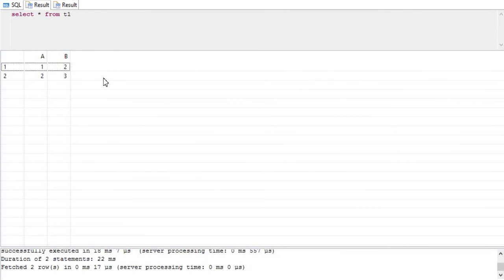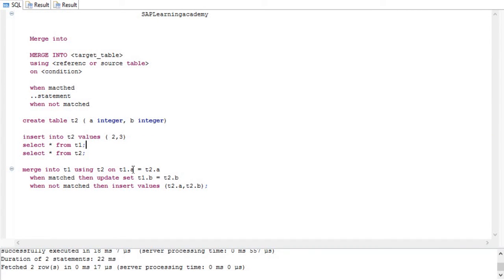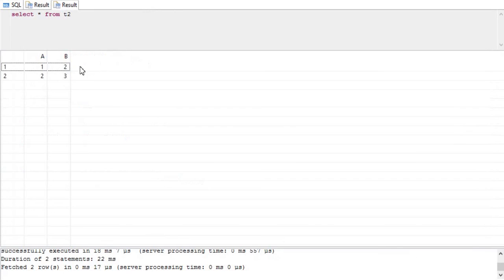So now the data has been inserted, but earlier, let me show you. Yes, so this is the T1 table. Earlier the data was 1 and 1 in T1 table, and in T2 table the data is 1, 2 and 2, 3. Now what we have done: when T1.A and T2.A are equal, because if we see the T2 data, 1 and 1, it means it matched.